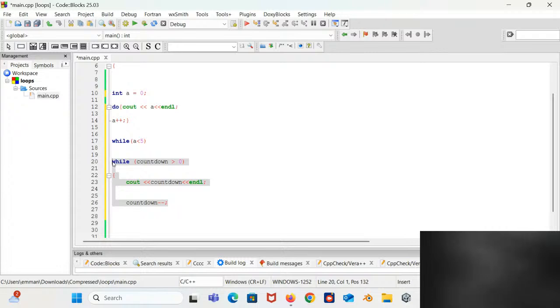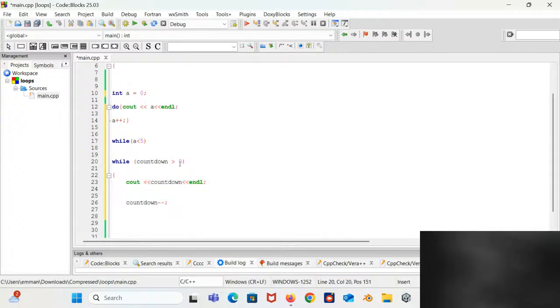You can see that the condition is checked first, then after the condition gets checked, an action happens. But for the do while loop, the action is happening first before the condition is getting checked. So do this action whilst this condition stays. The block of code gets executed first before the condition is checked.